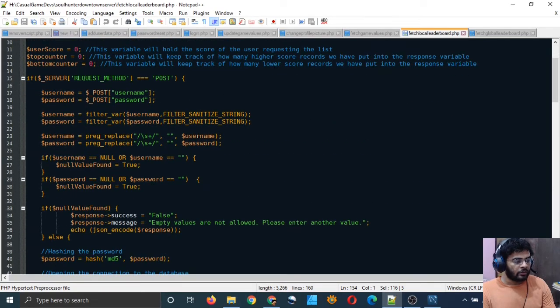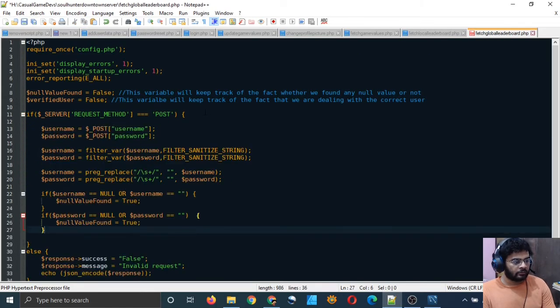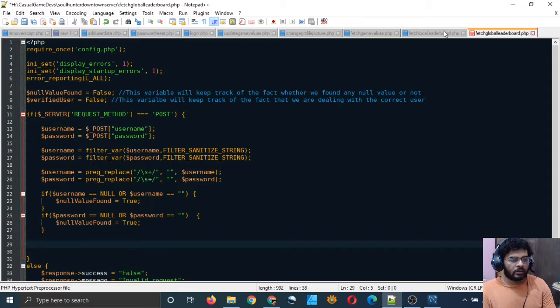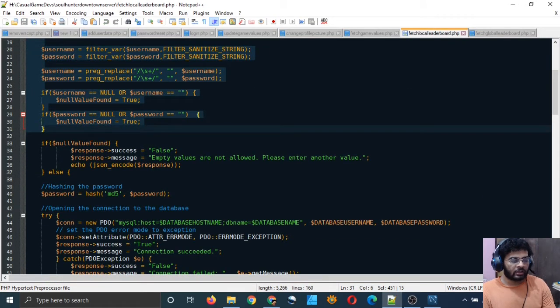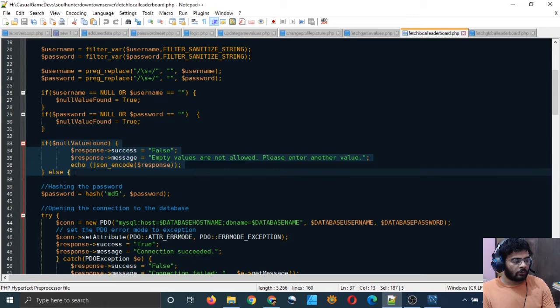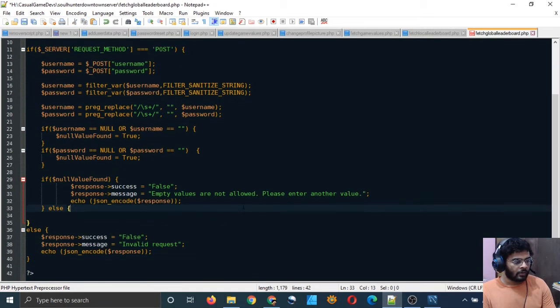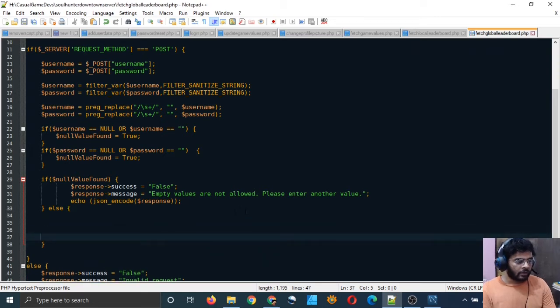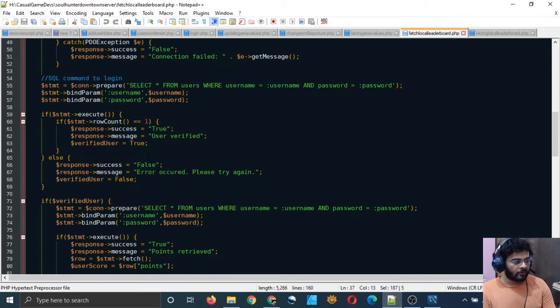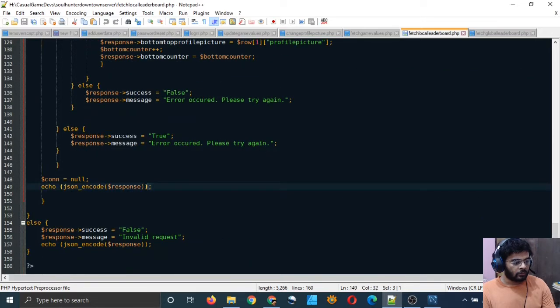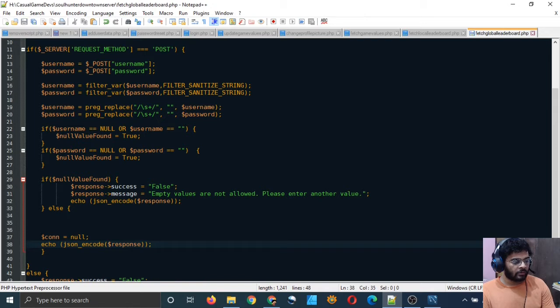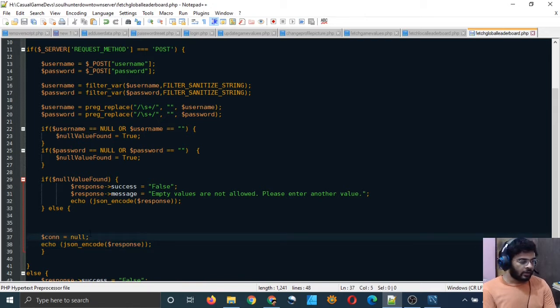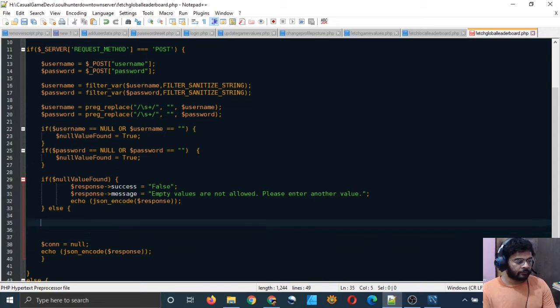So you can just copy this whole thing and paste it here, and after this copy the statement to check the null values, and copy the else part also and paste it, and now you can just close the else part, and at the bottom of the else part before closing it you can simply null your connection to the database, which we have not yet created, and echo the response.